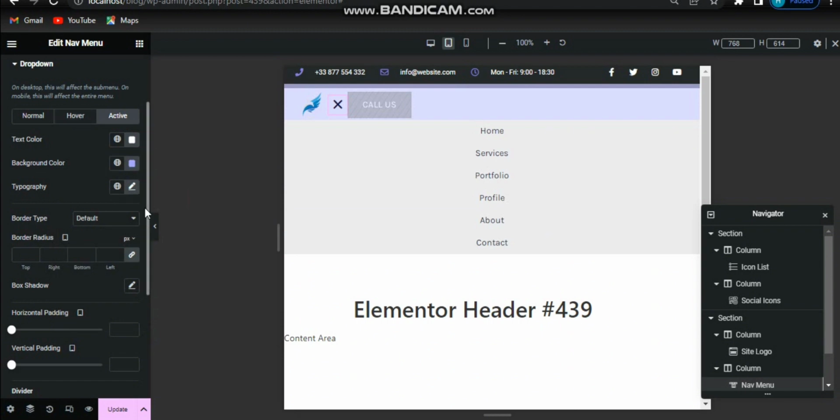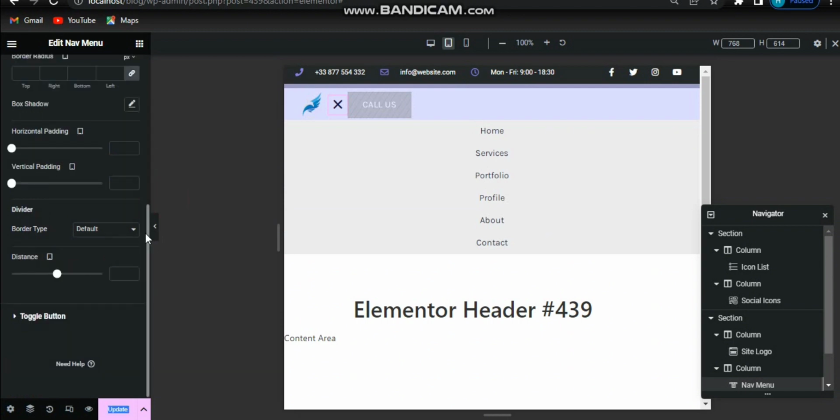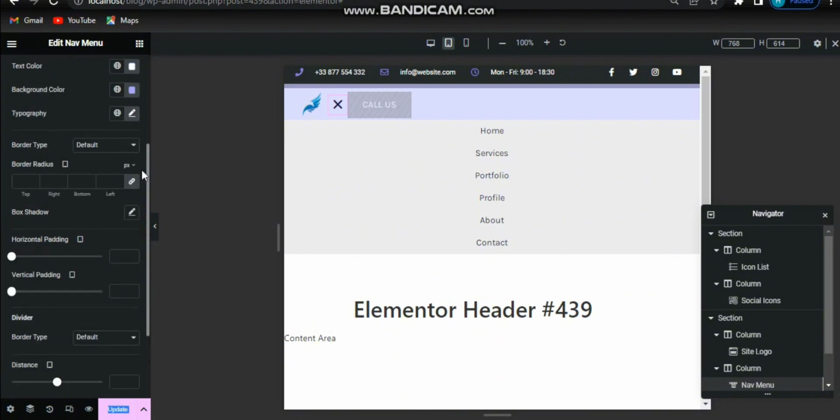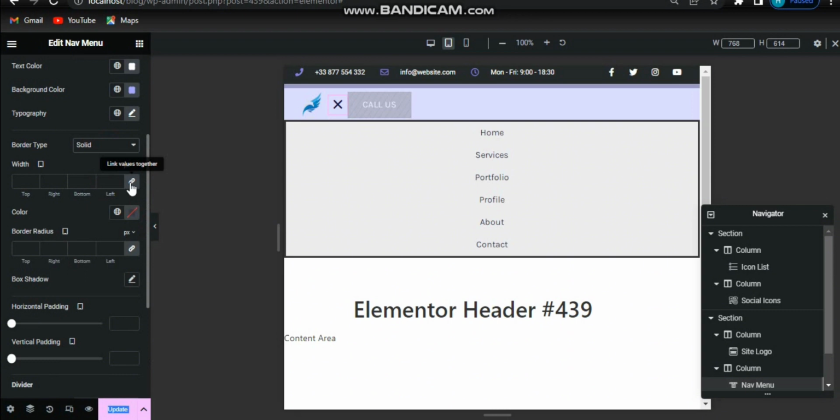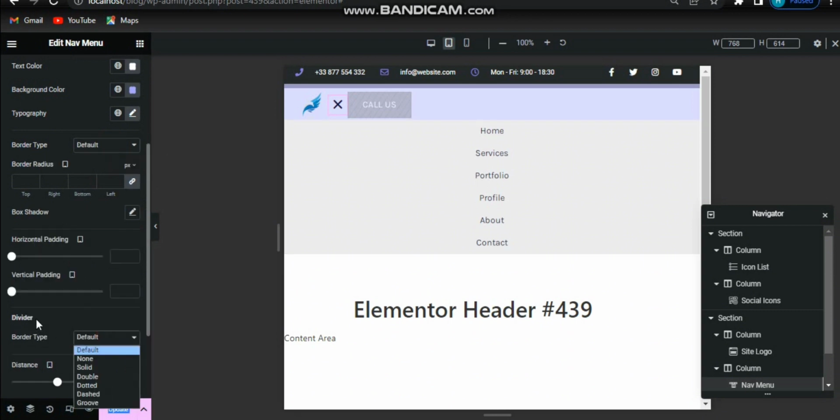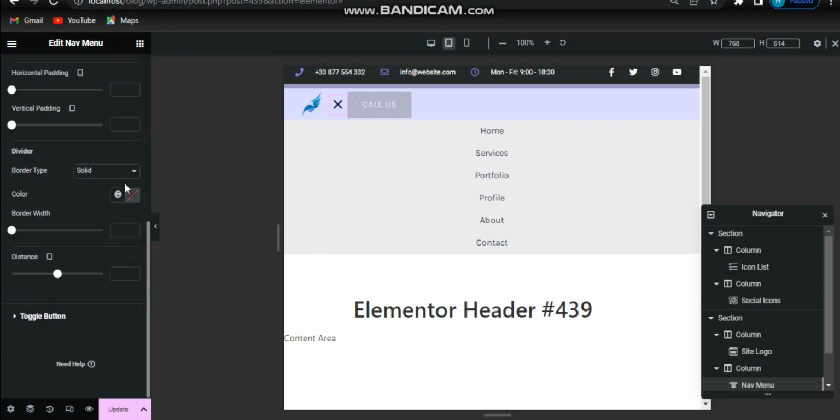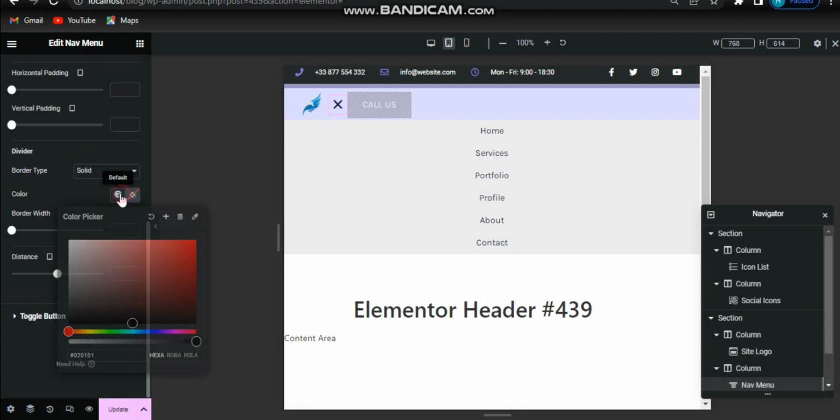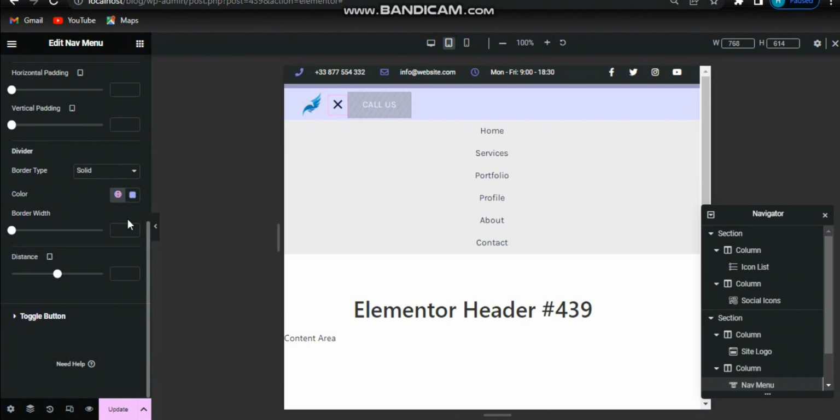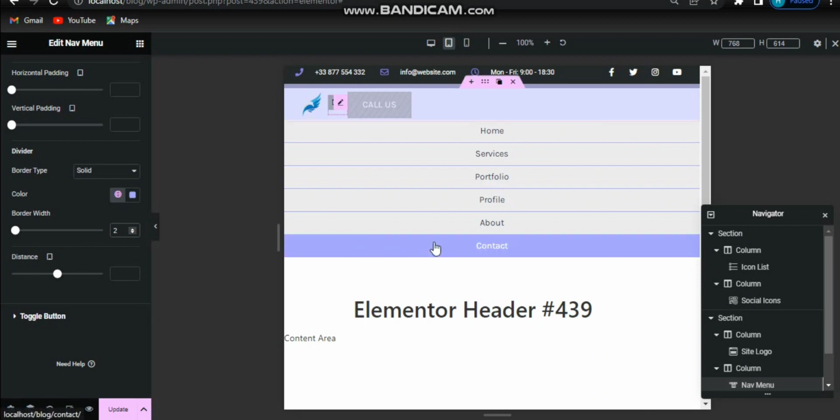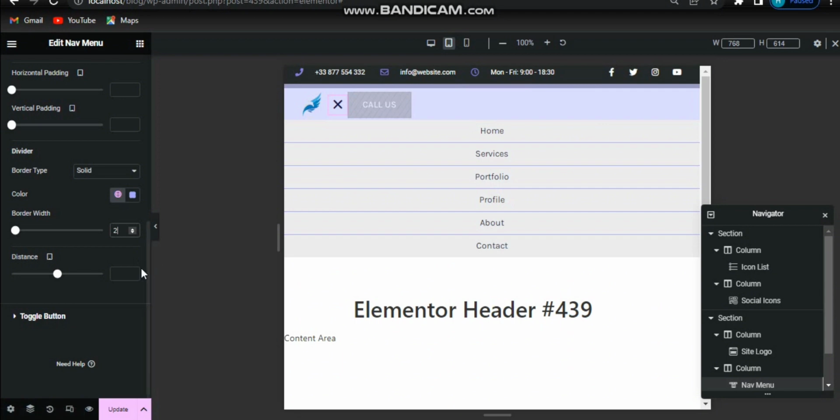And next step, now I want to give it a border, and I want to give it a divider. Select its border type solid, give it a color, and border width would be 2. And you see this last have no border here, so for that